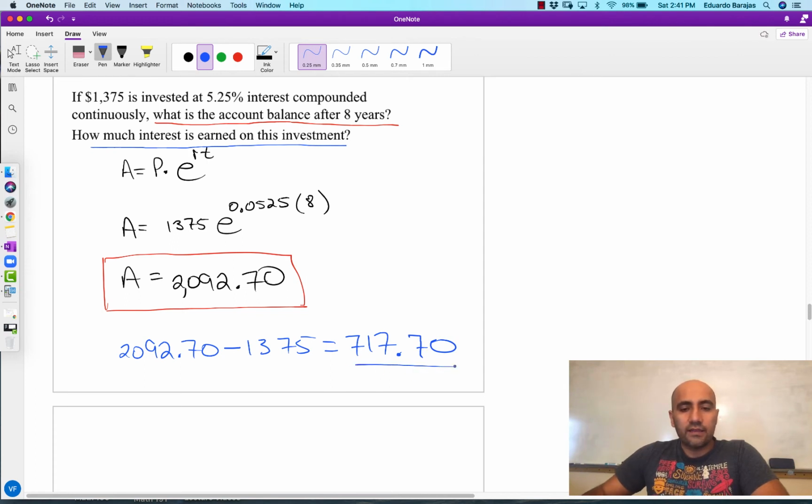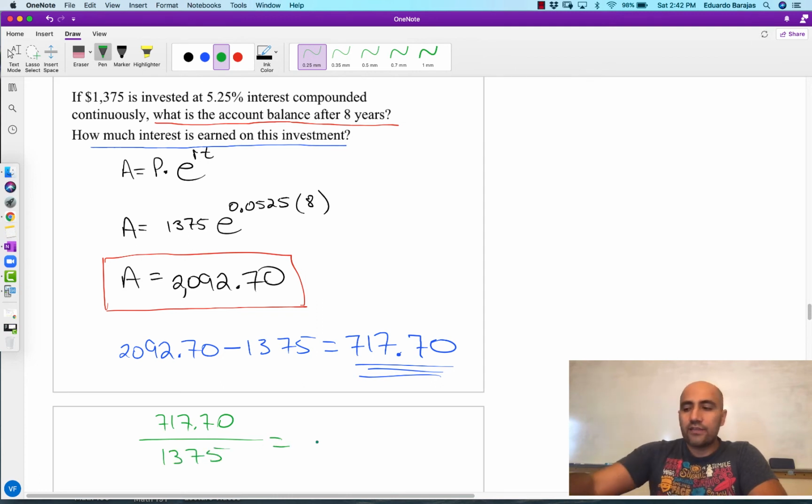So looks like this is the amount of money earned. The interest earned is $717.70. So if you wanted to get a percentage growth from the initial investment, then you could divide 717.70. They didn't ask for this, but it seems like a nice natural extension, right? 717.70 divided by the initial amount of 1375, and that'll get you to,